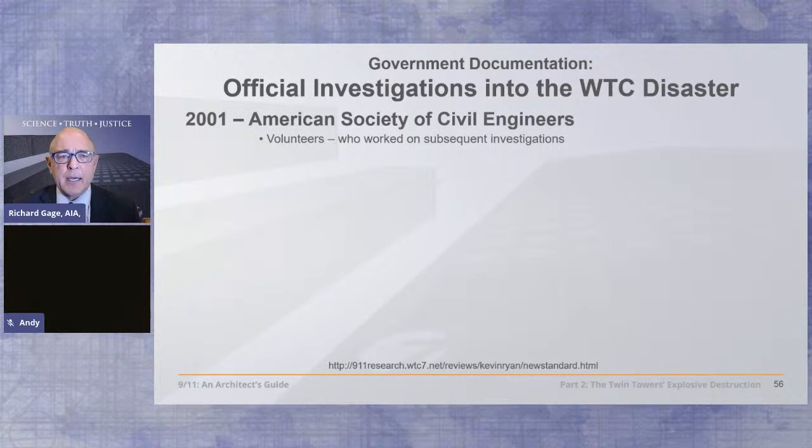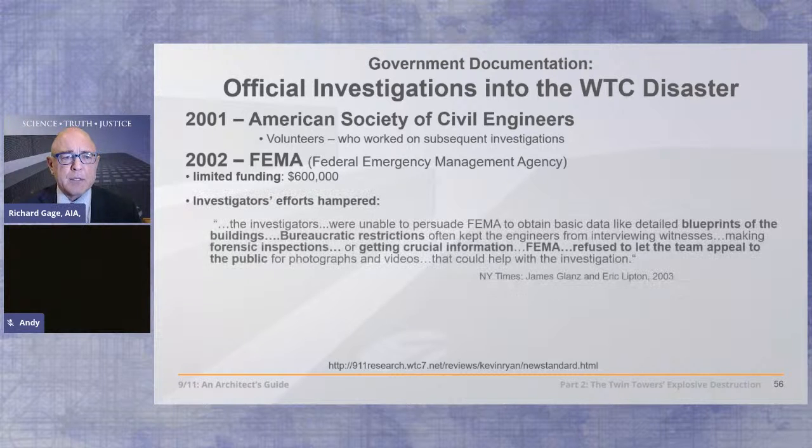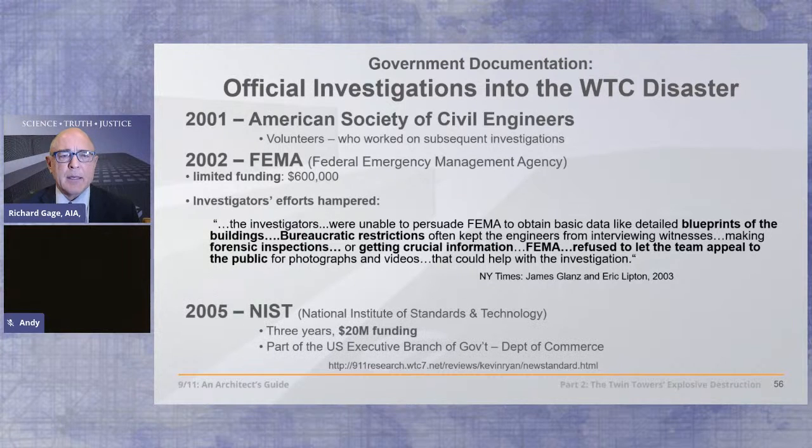But they had some official investigations. The American Society of Civil Engineers in 2001 had volunteers which showed up, and they worked their way, these handpicked volunteers, all the way into the final version through FEMA and then through NIST. Regarding the FEMA report, the New York Times documents that they didn't have access to the blueprints of the buildings, or adequate site access to the public to get more photographs and so forth. It was really quite a controlled project, and ultimately given over to NIST